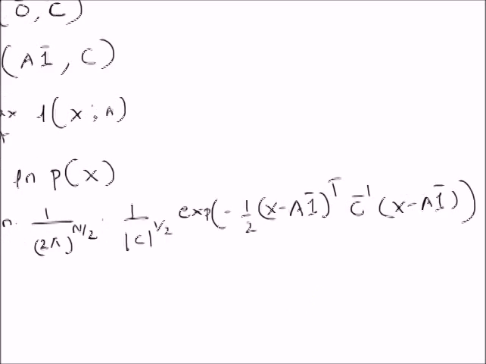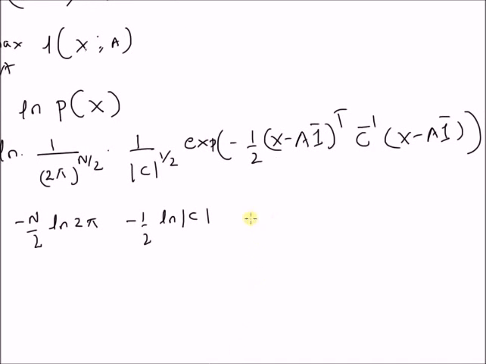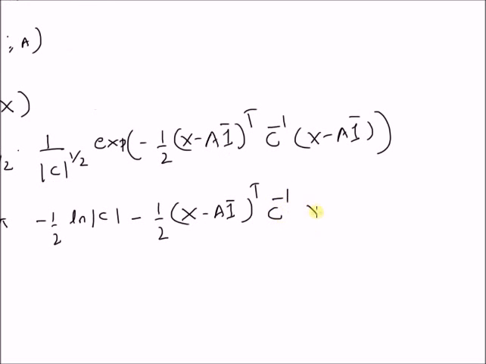So this is the multivariate Gaussian distribution, and upon simplification this becomes minus n by 2 log of 2 pi minus 1 by 2 log of the determinant of the matrix C, and minus 1 by 2 (x minus A 1 bar)